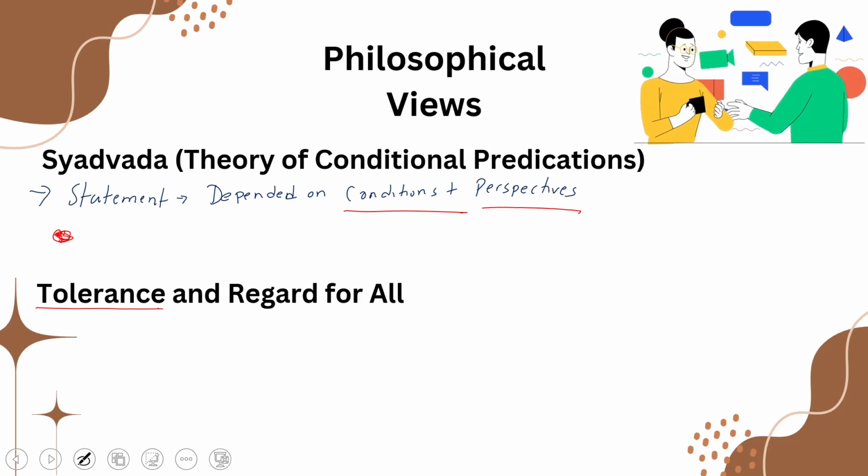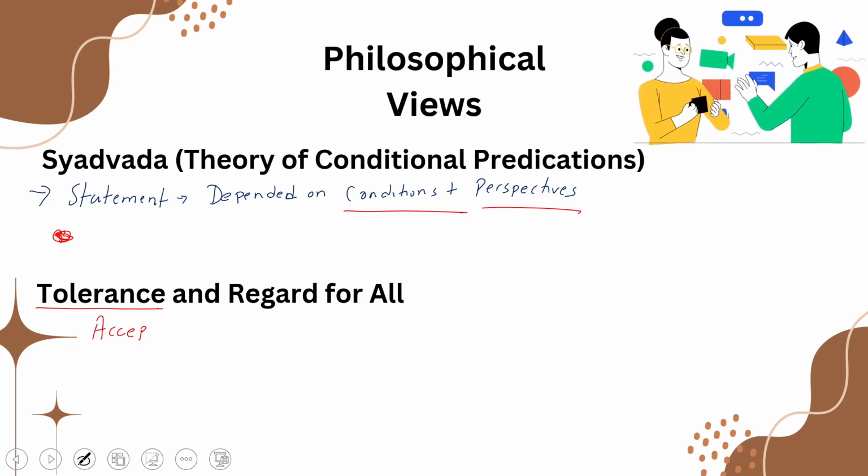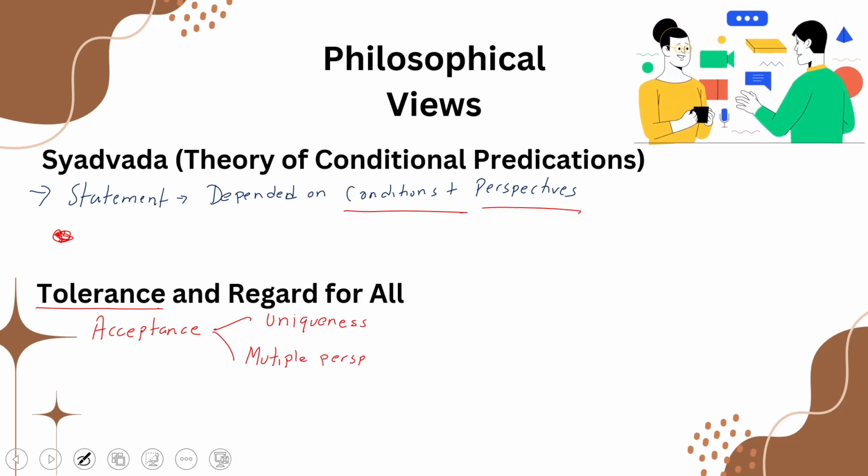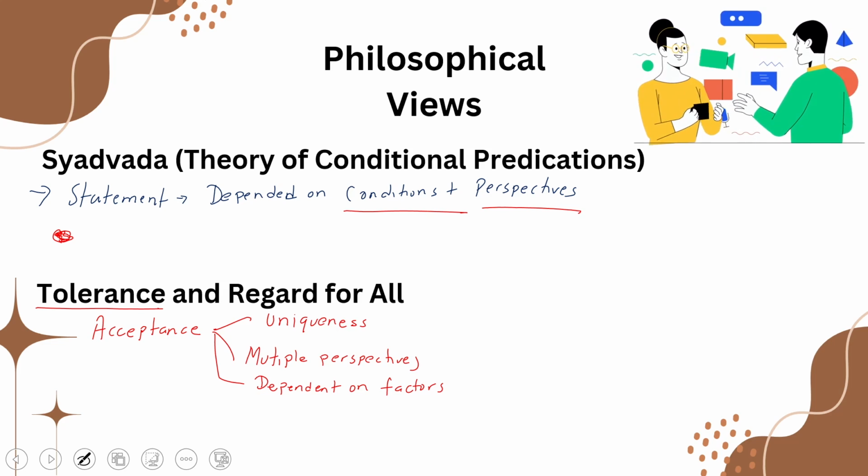Now, how is this applicable? So, first and foremost, what do we mean by tolerance? Okay, accepting. Now, how does this acceptance come about? It comes about because of understanding the uniqueness, and at the same time, knowing that you can have multiple perspectives and that things can be dependent on various factors. So this we see cultivates an open mindset where we are ready to accept each one as unique and